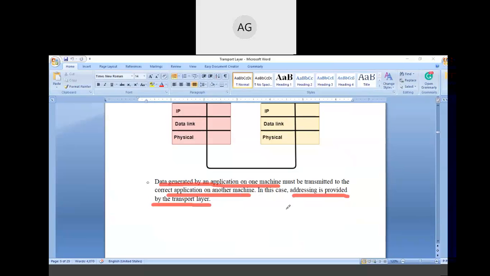So all of you understand how the communication takes place between the sender and the receiver at the transport layer, as it supports end to end communication, and it also supports port to port addressing. Here port to port addressing is done, whereas in the case of the network layer or IP addressing, host to host addressing is done.